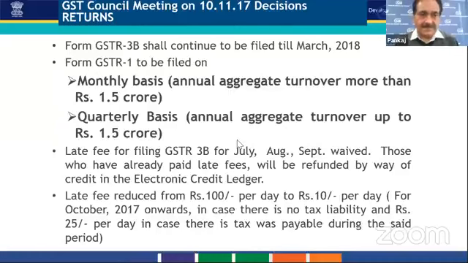Now there arises one question. Those who have paid late fee for filing GSTR 3B for the months of July, August and September and filed their return, this I am repeating, this amount will be recredited in their ledger against the tax head. Once it is updated in their cash ledger against the tax head, they can utilize it for further discharge of their liability for further periods.